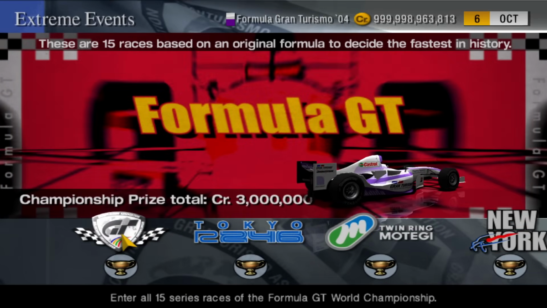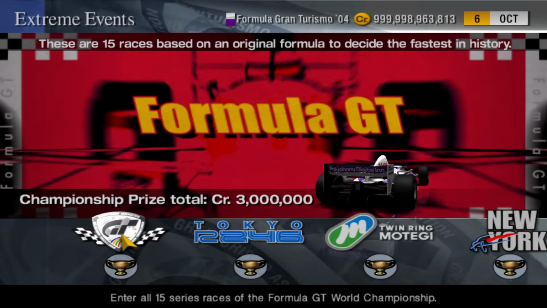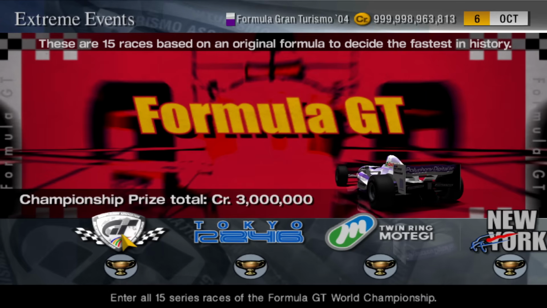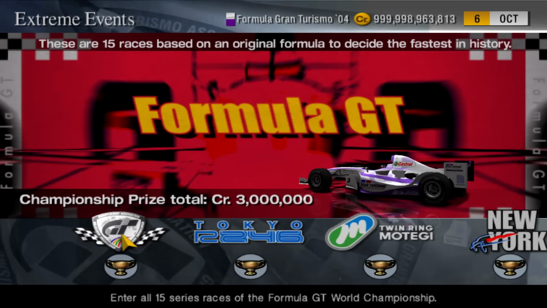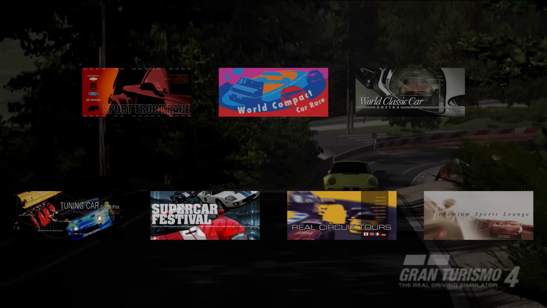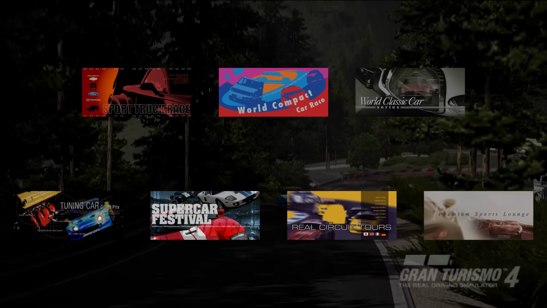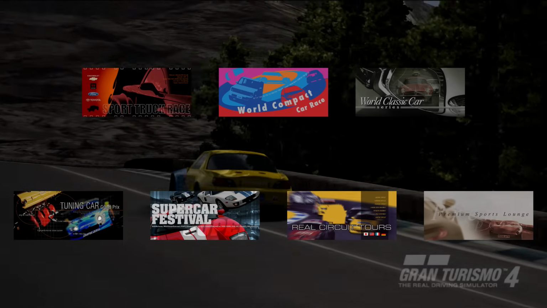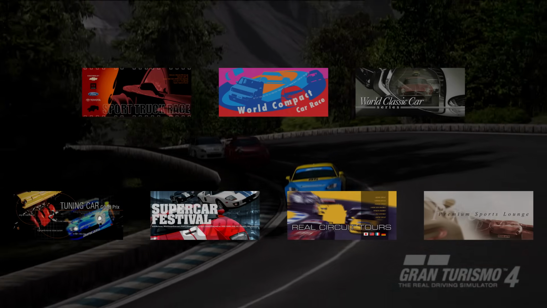The same thing also applies to the Formula GT event, which still shows one of the older style F1 cars that didn't return from the previous game. When it comes to completely brand new designs, there's only 7 in total. That said, of those 7, I think they all fit in well with the existing ones, and a couple do